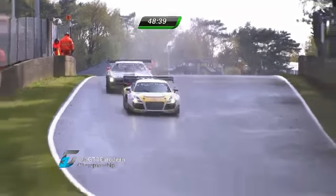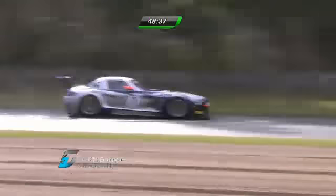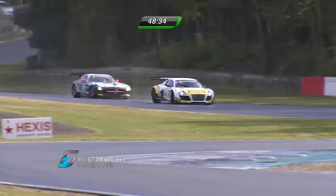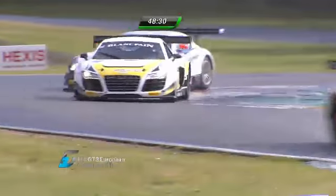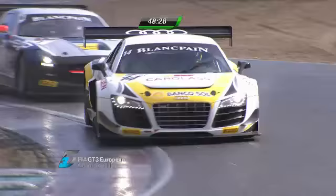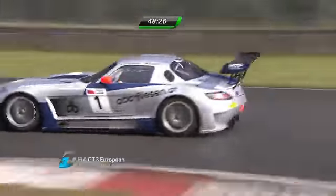A little bit half-hearted from Baumann. It looked like he looked up the inside and thought, probably shouldn't be doing this. The trouble is, get it stopped in time. Driving an SLS Mercedes-Benz just sits so far back in the car that to know where the nose of that car is in relation to where you're sitting is a bit of a feat of faith. Well, they need one of the...